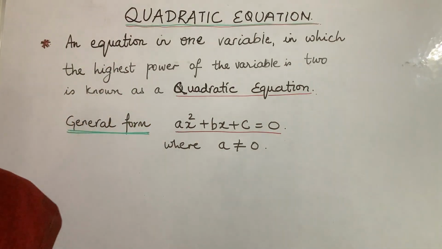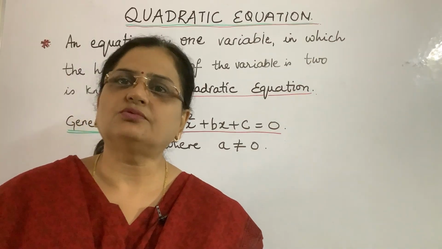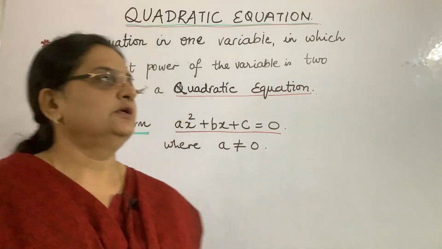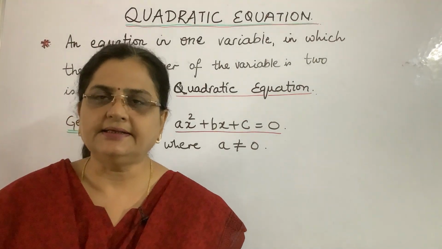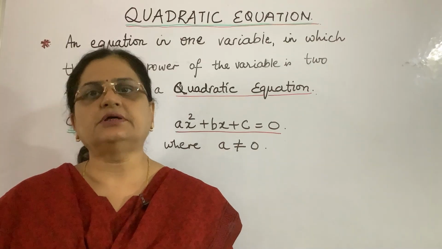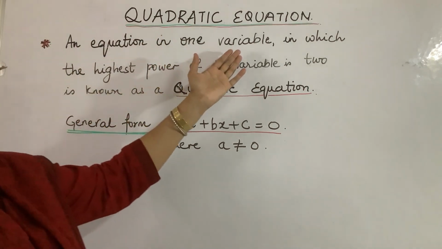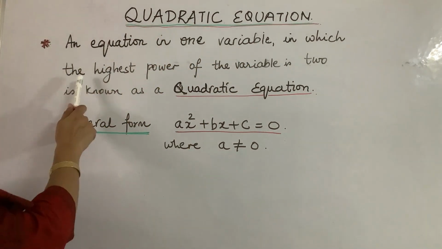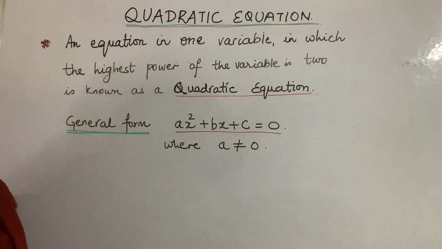So today we will be talking about lesson number 4 in CBSE, that is quadratic equations. First of all we need to understand what is a quadratic equation. Quadratic, as the name implies, means 2. So, an equation in one variable in which the highest power of the variable is 2 is known as a